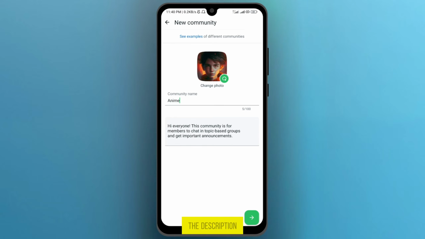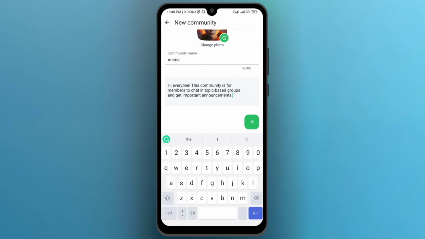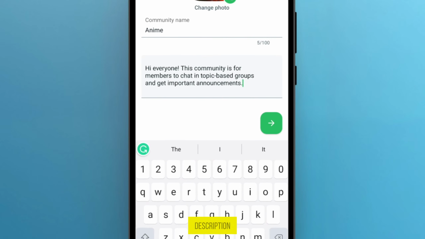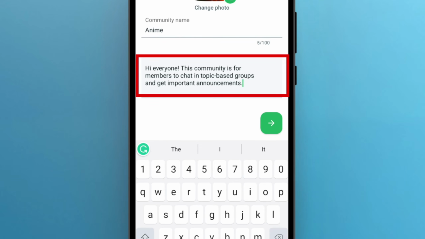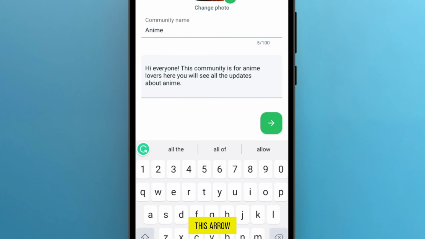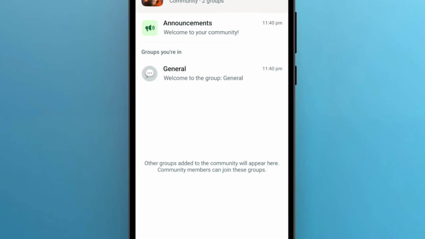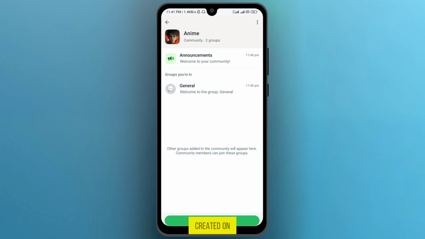Below, you can write the description for your community. For example, I will write the description. After writing it, tap on this arrow icon. As you can see, our community group was created on WhatsApp, so it was the fundamental way you can build